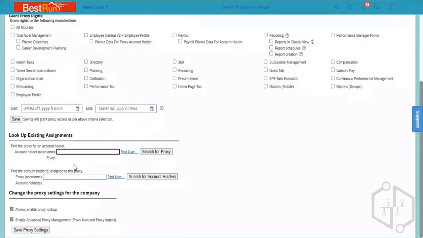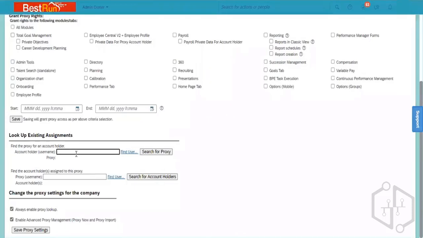One account holder can be connected with many proxies, and one proxy can be connected with many account holders. Okay, so that can be possible, and any admin can able to see what are the proxies which are connected,